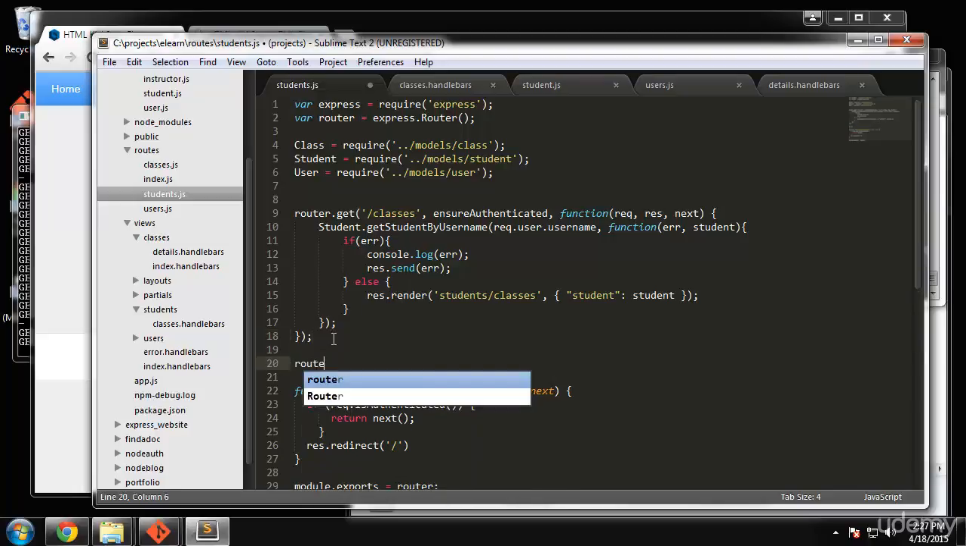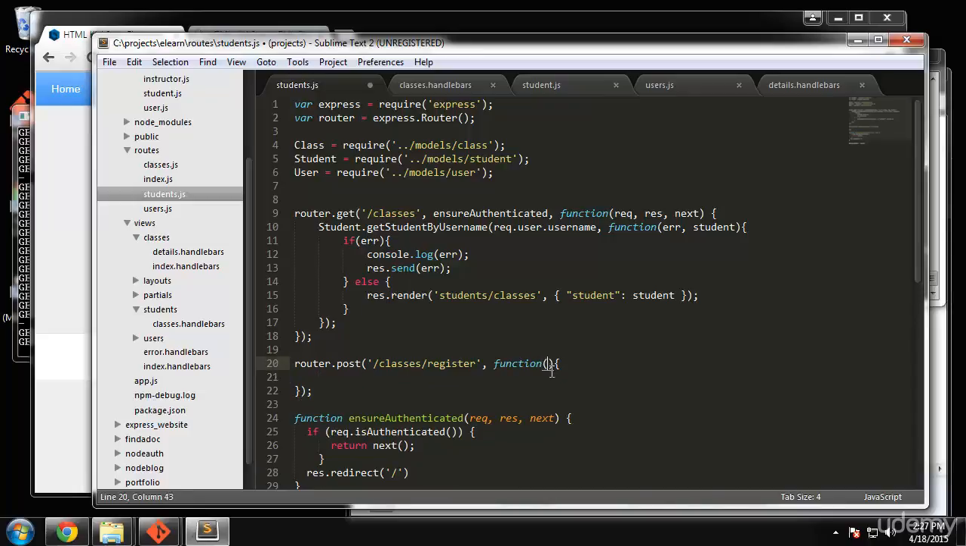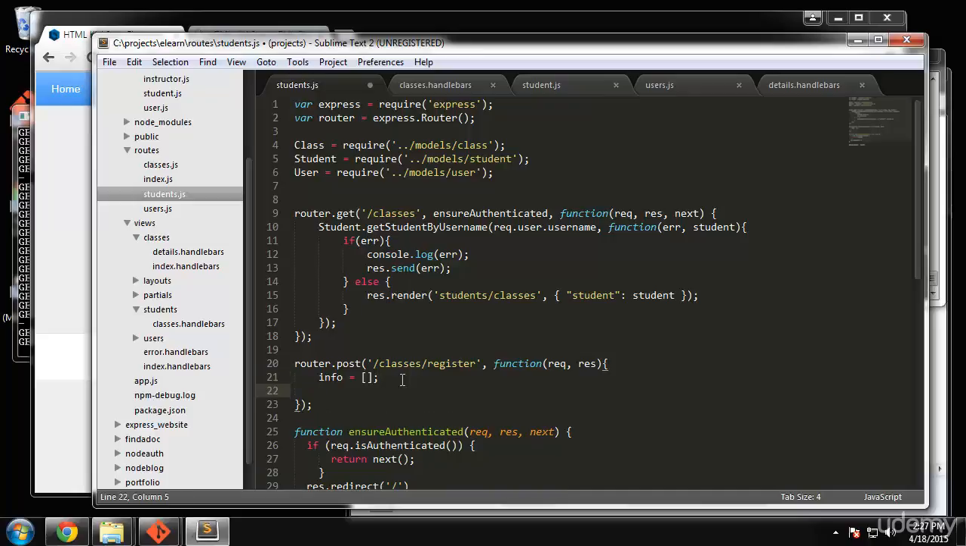we're going to do router.post. Okay, and then in here we want classes/register, and then we need our function. Okay, function will get a request and a response, and now we're going to create an array. Okay, I'm going to call it info. And basically we want to fill it with the information being passed from the form. So we're going to say info